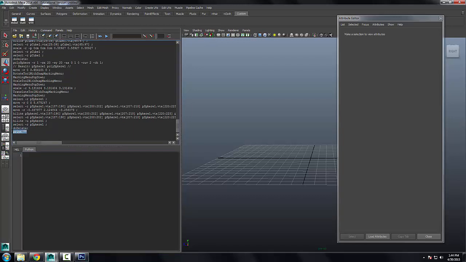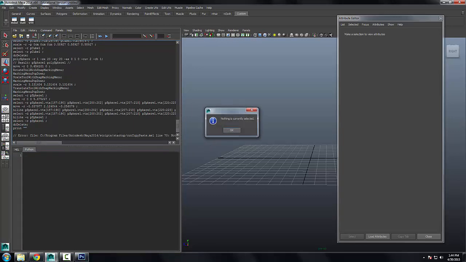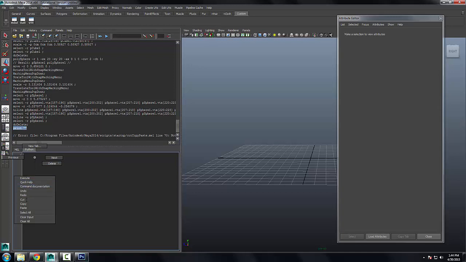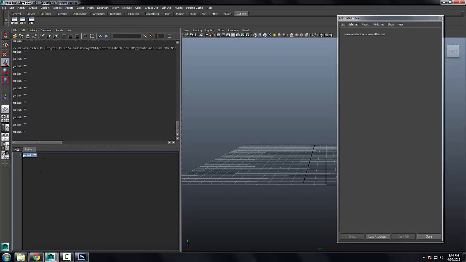Hang on. I'm just trying to make space here. Paste. Okay, I'm just getting rid of all that garbage up there. So